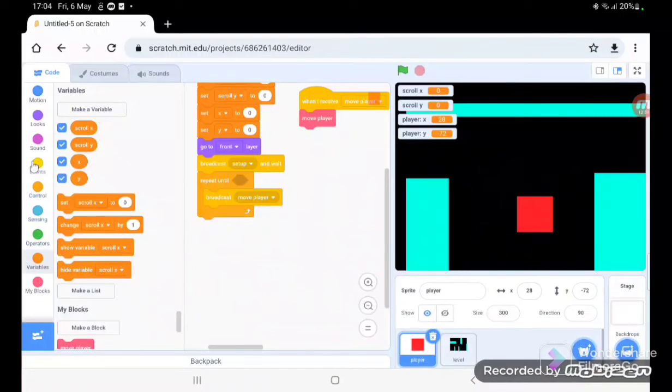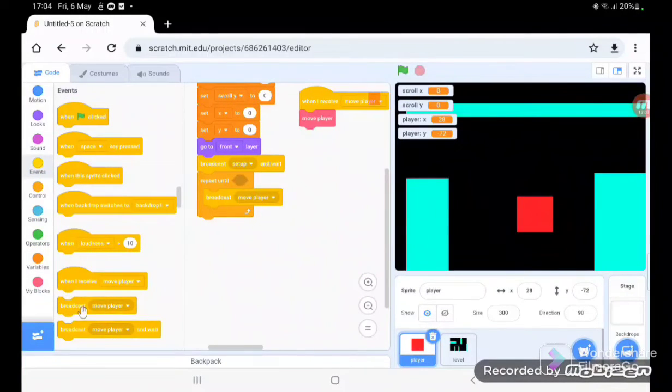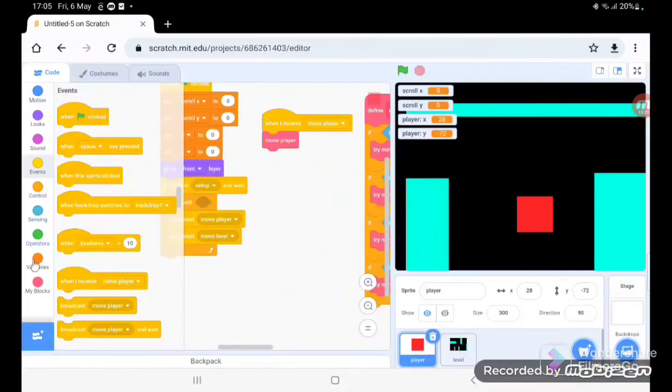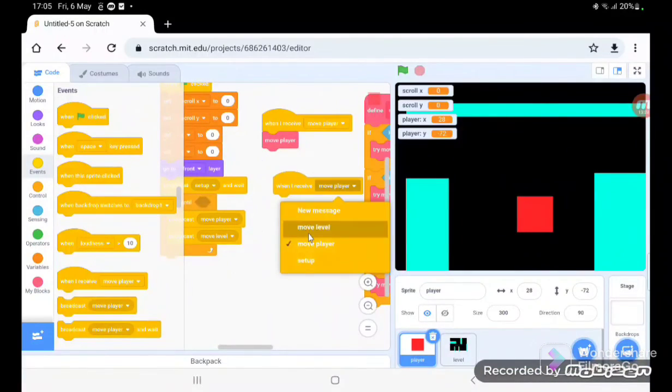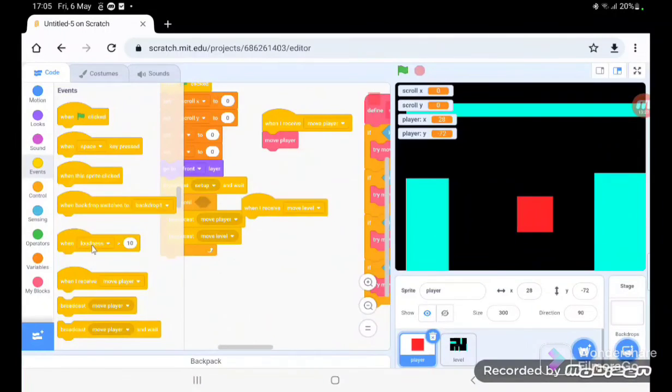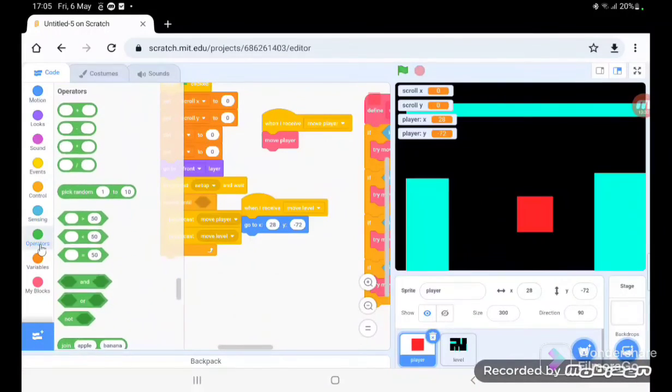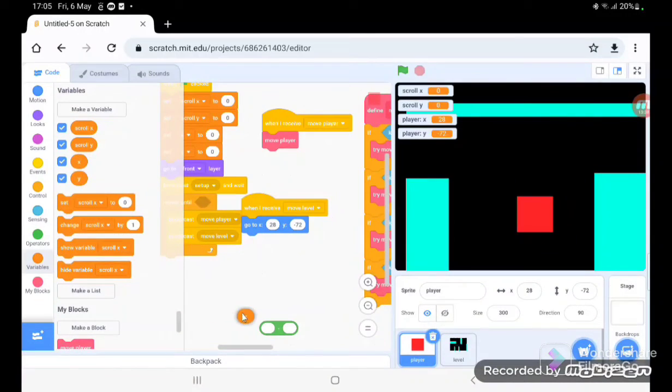First thing, we need to move the level. Let's broadcast something new. Broadcast move level. Why does this always happen? Now what we want in the move level is to scroll. Just when I receive move level, go to X, put here minus, go to X minus scroll X,